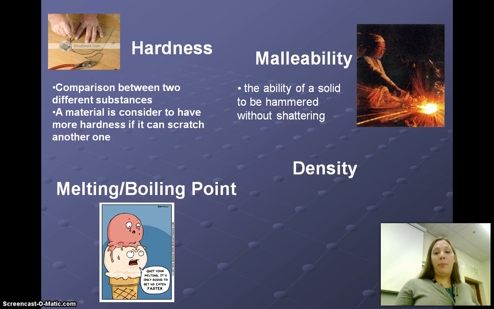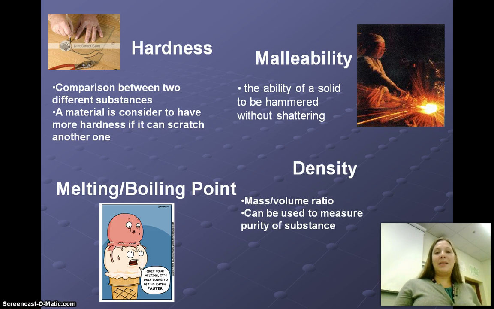Now, another really important property is density, okay? And density is the mass to volume ratio. So the amount of mass or weight something has per the amount of space that it takes up. And we use this typically to measure the purity of a substance. So if you had a ring in the drawer and it was a silver ring, you want to know if it was pure silver, or if it was sterling silver, or if it wasn't silver at all, it was some sort of fake metal, you could measure the density of it and then compare to the known density of the